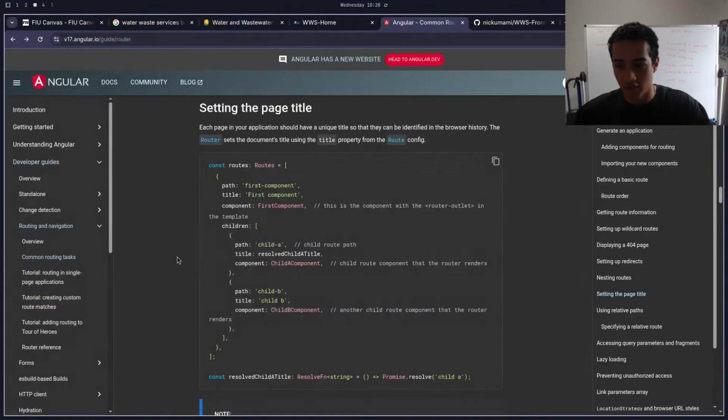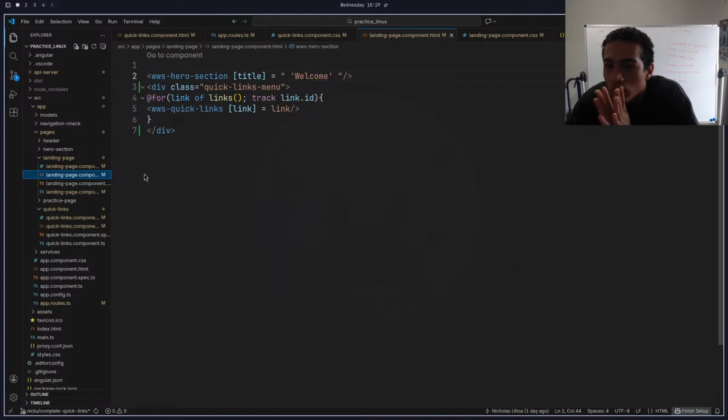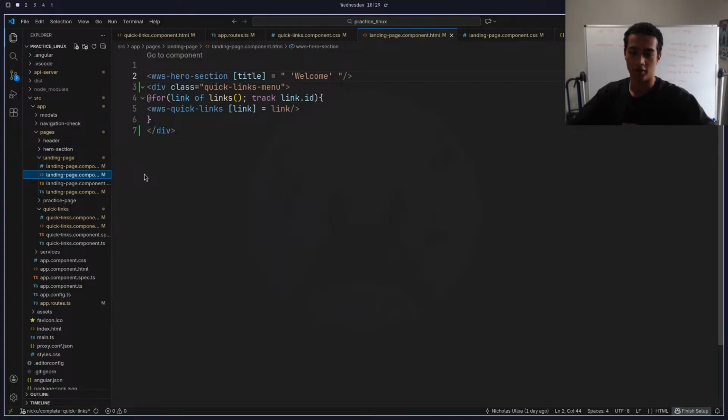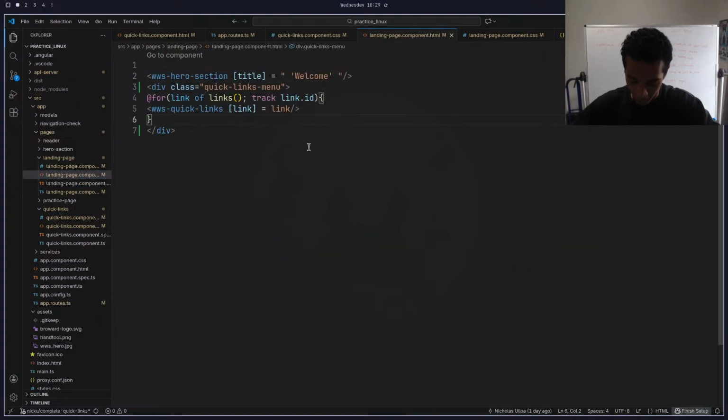Let's just test the theory. So if I go to landing page, that is rendering my links. Where would it render? Where would it render? Because I'm projecting right here, waterways hero section. And I declared it for the landing page, right? I declared the extra routes for the landing page, the home component, landing page component. So I think right here,